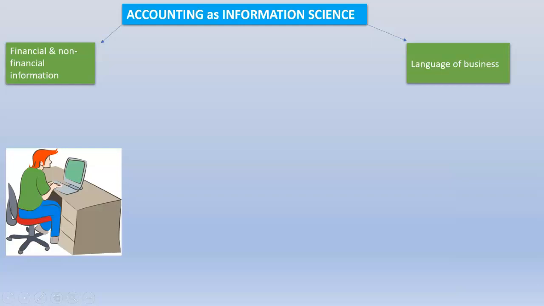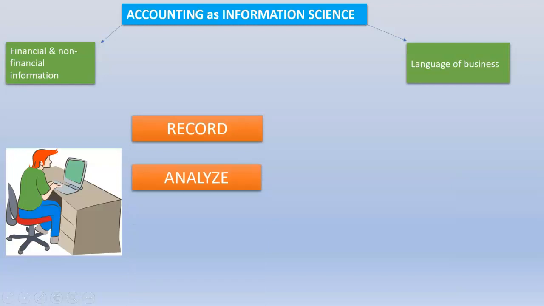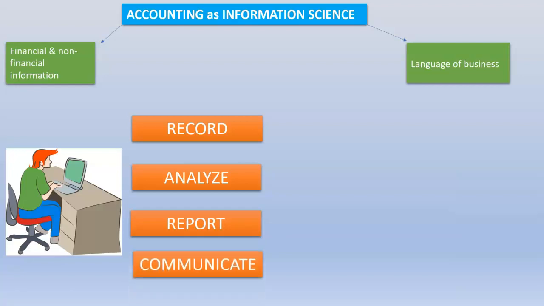How is all this information produced by an accounting system? Accounting systematically records, analyzes, and reports important financial information. It communicates the financial health of the business to all the interested parties we call users or stakeholders of accounting information. Let us talk in some detail about all the keywords we just used in relation to the accounting process.